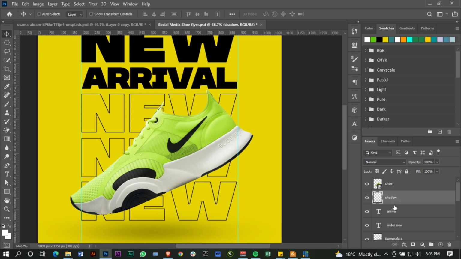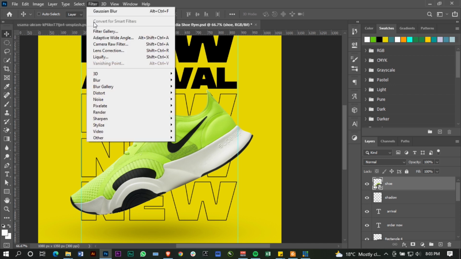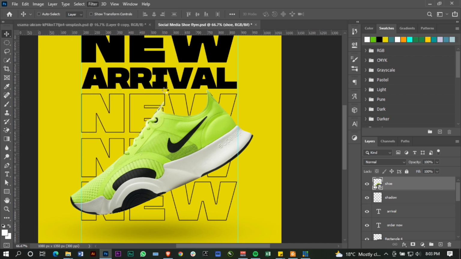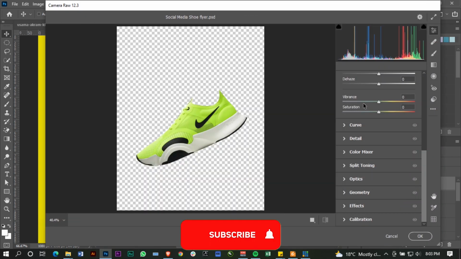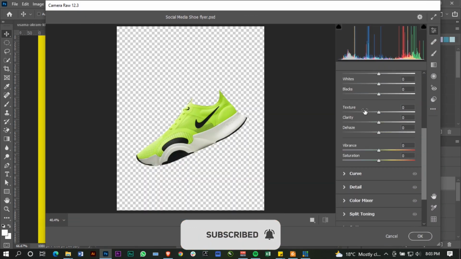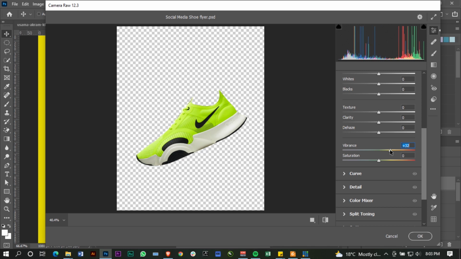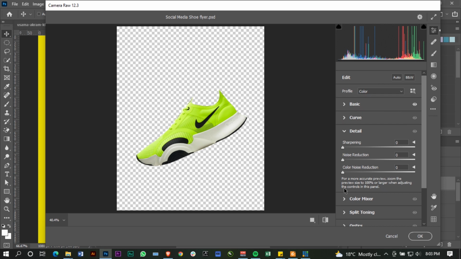Okay, now with the shoe selected, I'm just going to go ahead and use some camera raw filter on it. I'm just going to go filter, camera raw filter. I want to add some vibrance to it and just sharpen it a little bit, just for it to pop a little bit more, right? Depending on the version of Photoshop you're using, this might look a little bit different. So I want to add some vibrance, and then on detail, I just want to sharpen it a little bit more. Right, that's too much. I think 32. I'm happy. Say okay with that,